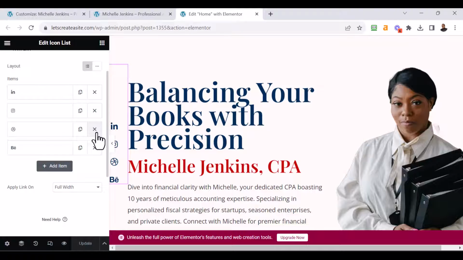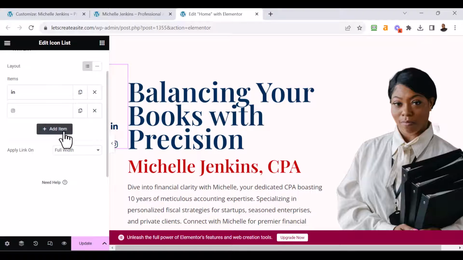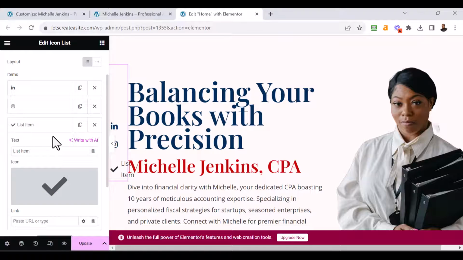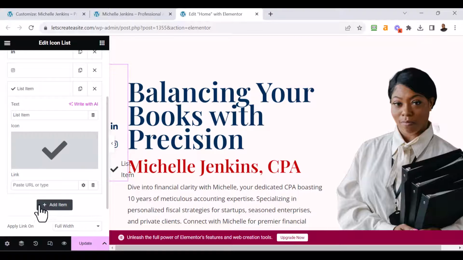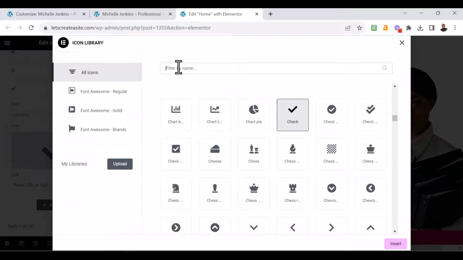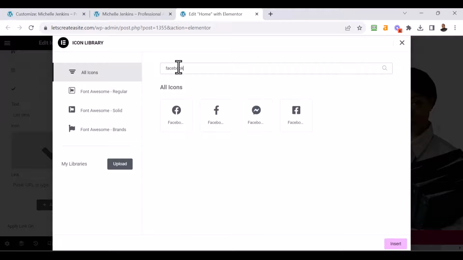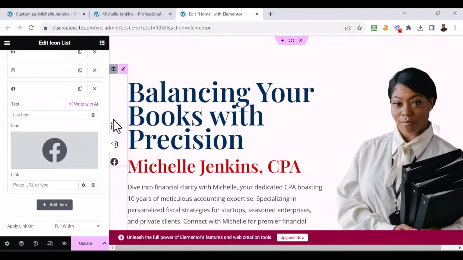So let's go ahead and delete these two, and let's add Facebook. To do that, I clicked on the add item button below, and we have this option now to add some text and add an icon. So I'm going to first remove the text here, and then I'm going to search for a Facebook icon. And there we go. So we have three icons on the left,